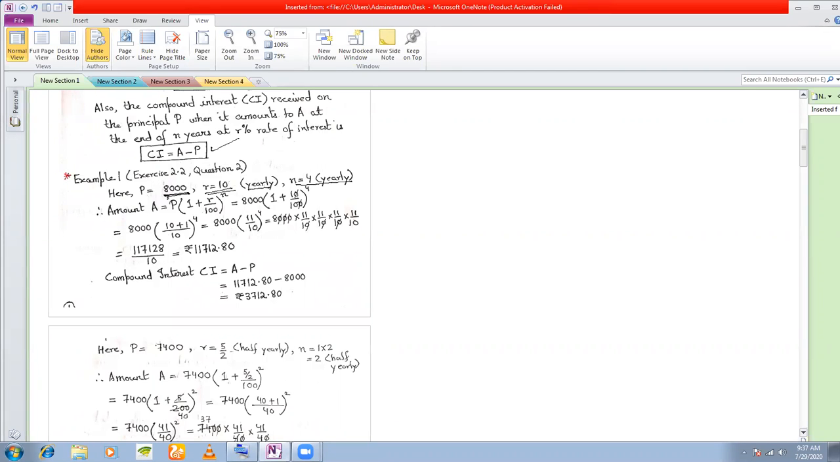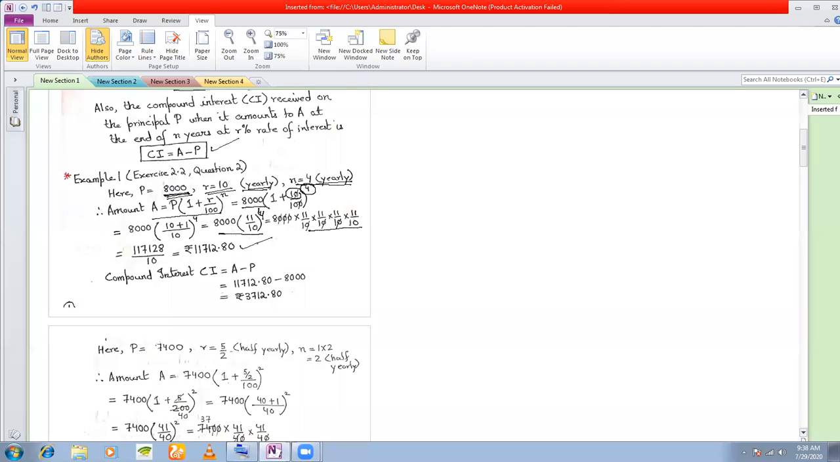So this is our formula for compound interest. Instead of P, we substitute 8,000. For R, we substitute 10, and for n, we substitute 4. Because they are yearly, we don't need to do anything with the rate and the time. We have calculated this after substitution. I have taken the LCM, and in this step, 11 by 10 to the power of 4, that is why 11 by 10 has been repeated 4 times. After cancellation of factors and multiplication, I get the amount